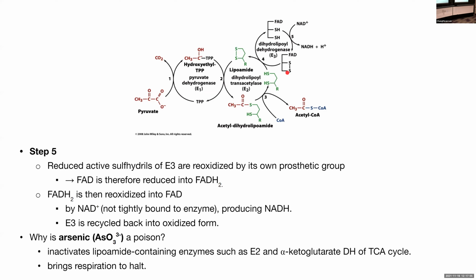Does it make sense? So this molecule has to be re-oxidized, meaning that something else that is coupled with it for its reaction should be reduced, right? So this one, NAD plus, has to be reduced. I see what you're saying now. So here, FAD is therefore reduced into